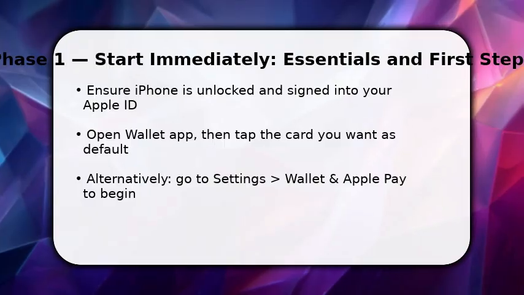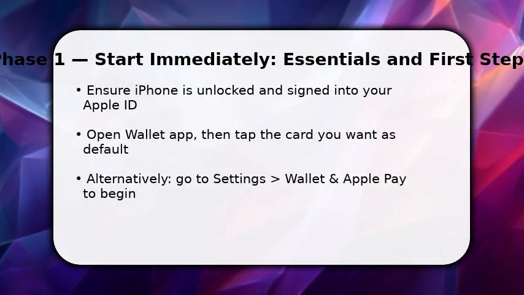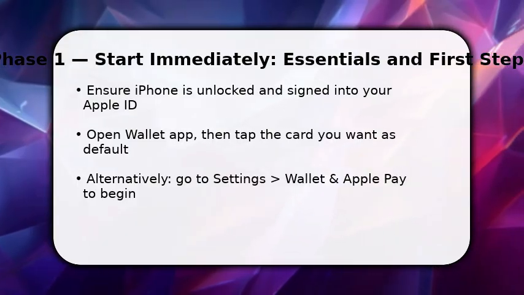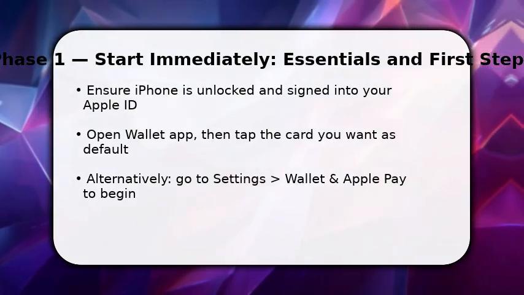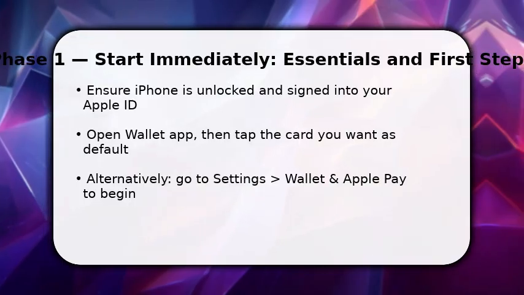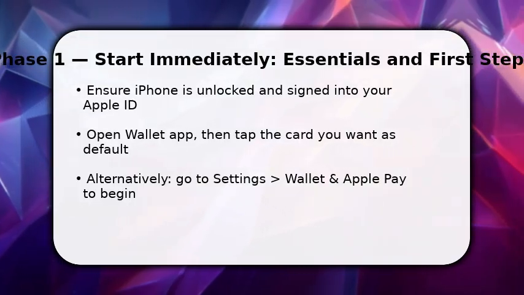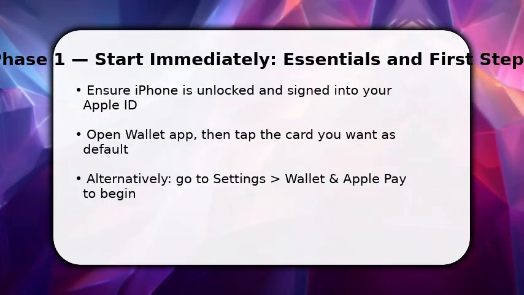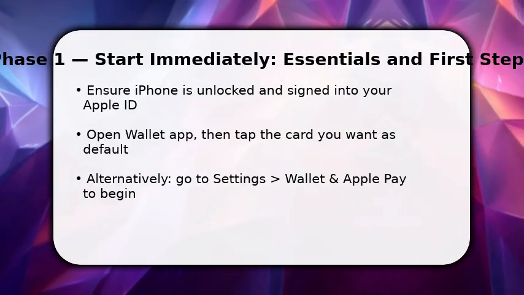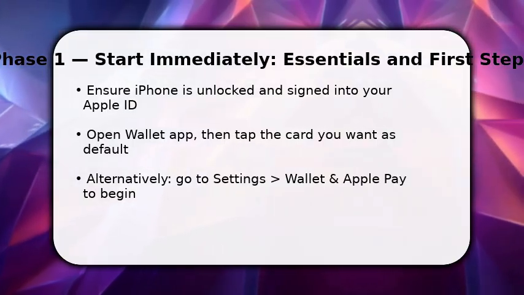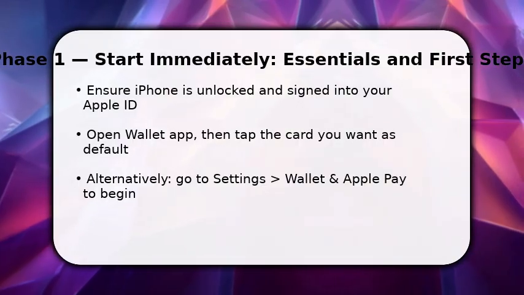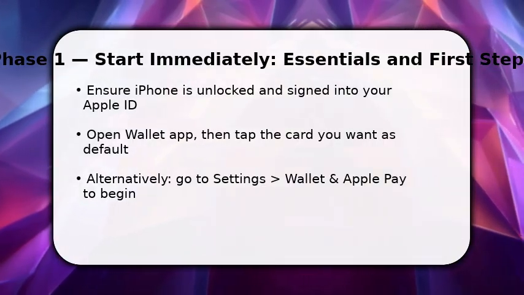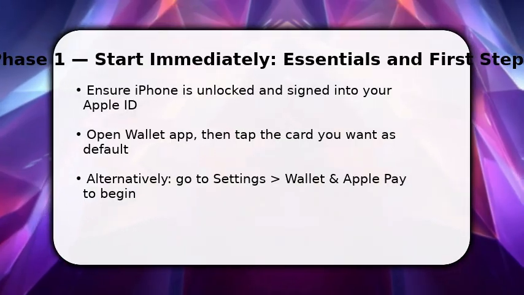Enjoy the video. You start with Wallet open and your phone unlocked. This saves time. Tap the card you plan to use because setting defaults happens per device. Once done, look for the small ellipsis or card info icon and tap it. If you prefer settings, open Settings, choose Wallet and Apple Pay, and prepare to change the default card in the top section. Make sure to note which card is currently listed as default card so you can confirm the swap